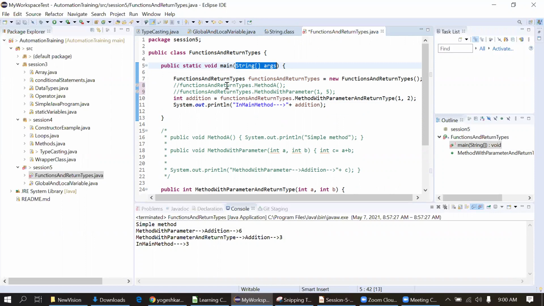So don't think much about this main method parameters. Now we have started with Java. That's why we are using the main method here. Later we will discard this method and execute by an alternate way. Okay, so answers are clear from my side. Okay, fine. So moving to the next.